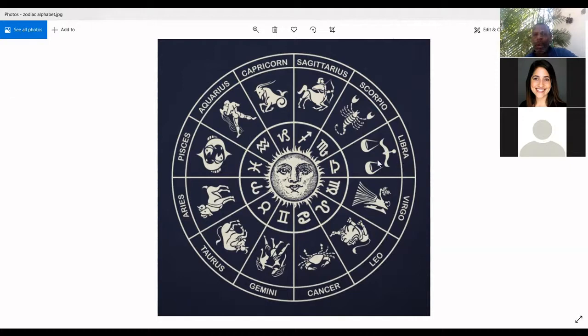Libra and the seventh house represent the buttocks, the kidneys, the pelvis, the hips, not the hip joint, but the hips themselves. Scorpio and the eighth house represent the reproductive organs, the bladder, the anus. Sagittarius and the ninth house represent the hip joint and the thighs. Capricorn and the 10th house both represent the knees. Aquarius and the 11th house both represent the legs to the ankles. Pisces and the 12th house both represent the feet. Okay, so that's the connection.